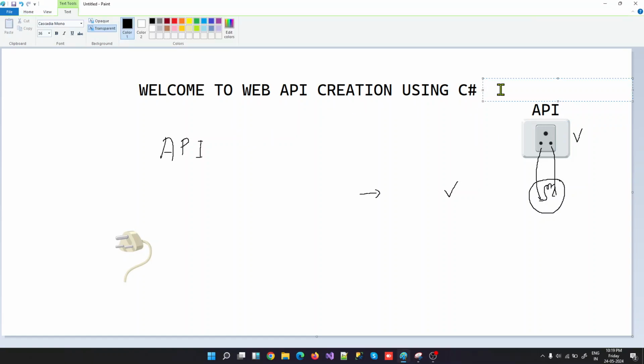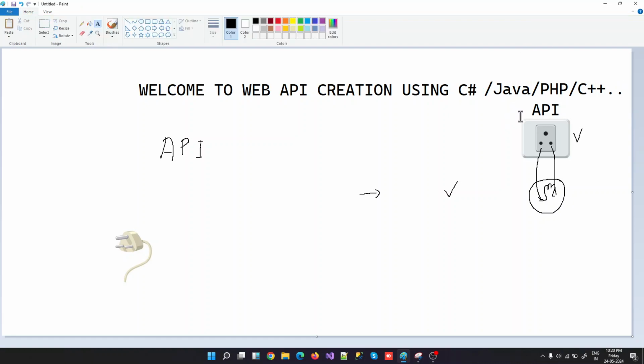major programming language. You can use C Sharp, you can use Java, you can use PHP, you can use C++, you can use just anything, right? So you can create an API using any major programming language. Now, when I say API, and when I say you can connect from a far-flung